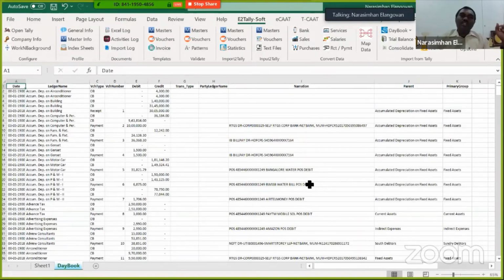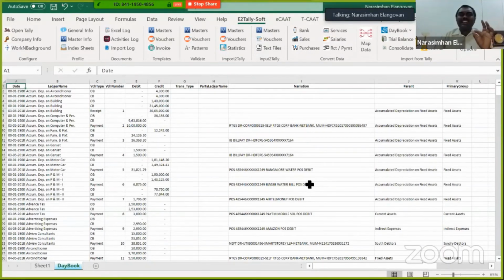Now see how beautiful this is. In fact, I had a challenge. I was dealing with a client who is based out of a foreign country. They had to use some sort of a consolidation of Indian companies' books. The challenge I had was, in Tally, I was not able to give it in the format and I had to spend a whole lot of time in just formatting the daybook. Today, I don't require to spend so much time.